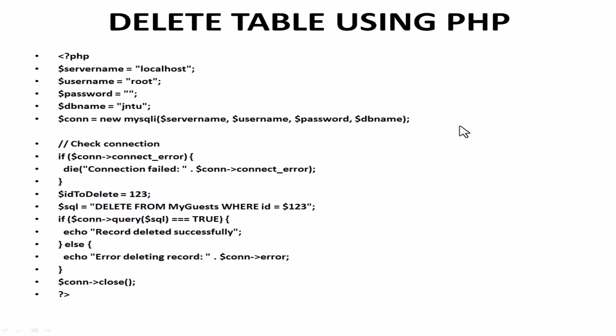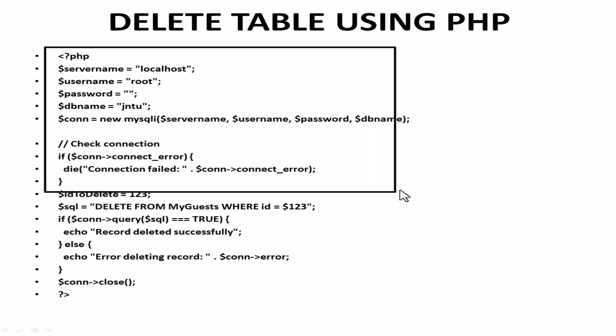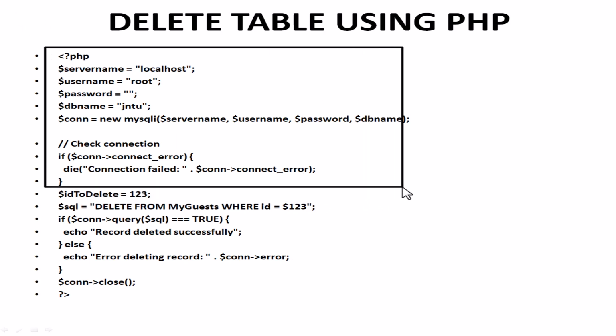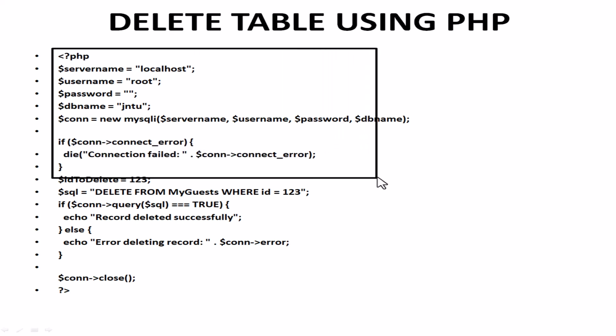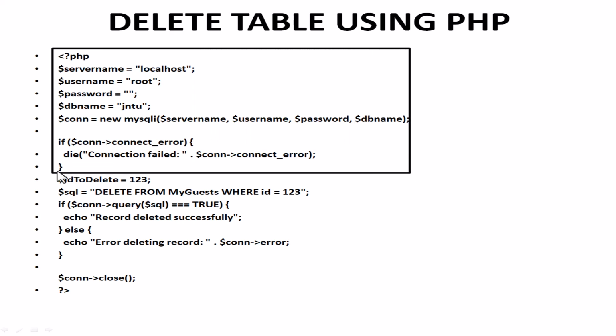So here this program explains where up to here we are having the same kind of thing. So here id to delete is 1 to 3. So where we are going to specify. So here we need to remove the dollar. So here we are going to delete the database table. So up to now we are having the same type of connection as the previous programs. So here what I am doing is id to delete is equal to 123, which I have